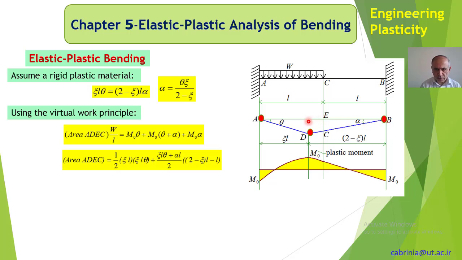So this length times the sum of these two divided by 2 gives me the area of this bit here. The area of this bit here plus the area of this triangle is the area of ADEC. So I substitute area ADEC in here, and I get,